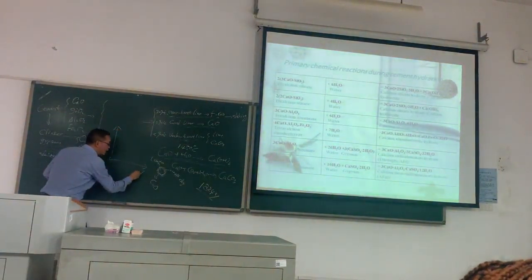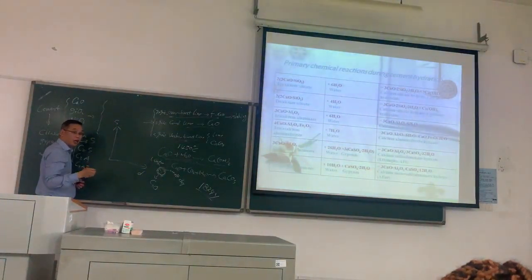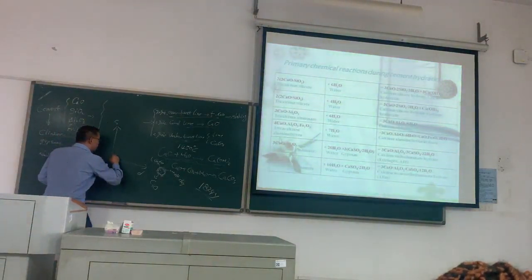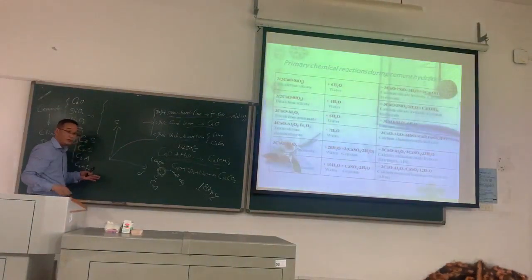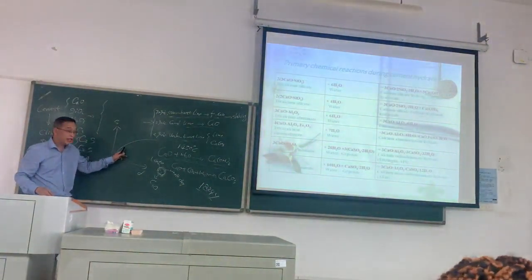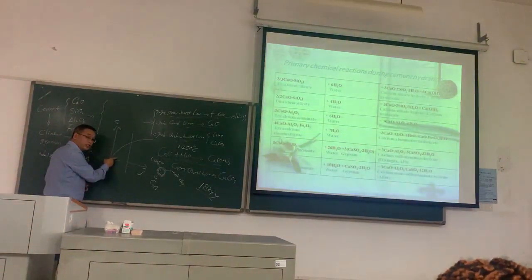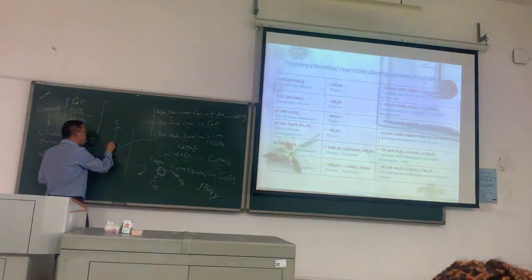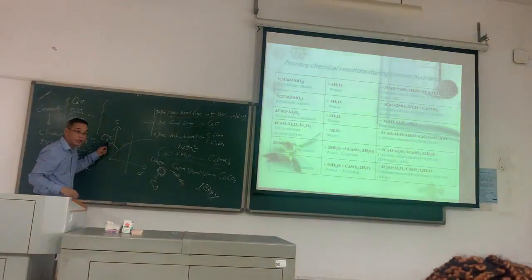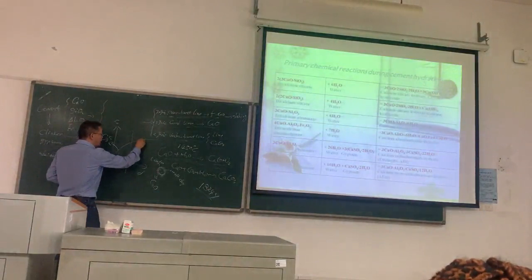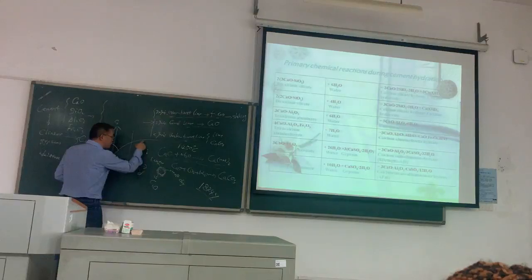This is the age of the cement or concrete, and this is the strength of the cement. The development of the strength is like this curve. At the early stage, the strength of the cement mainly comes from the hydration of this one. And at the later stage, the strength of the cement is